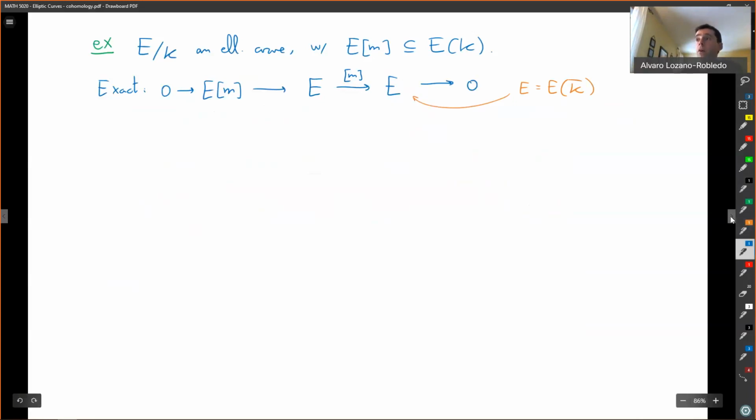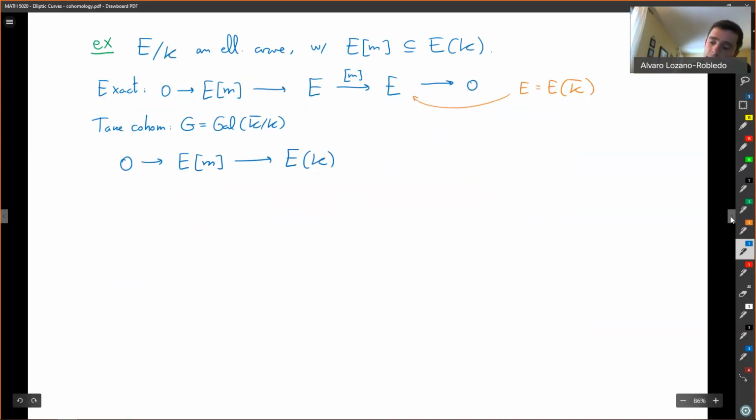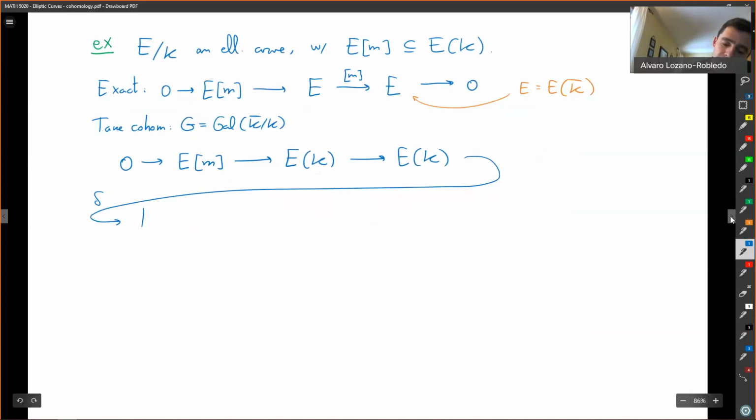Okay, so let's take cohomology and see what happens. Now, I take, first of all, cohomology, meaning with G being the absolute Galois group. Then the G invariants of the M torsion is the M torsion itself because it's defined over K. So what I get is the M torsion. The G invariants of E(K bar) is E(K), the points defined over K, because of Galois theory. The points that are fixed by the entire Galois group are those defined over K. Again, E over K. And then I get my connecting homomorphism delta,